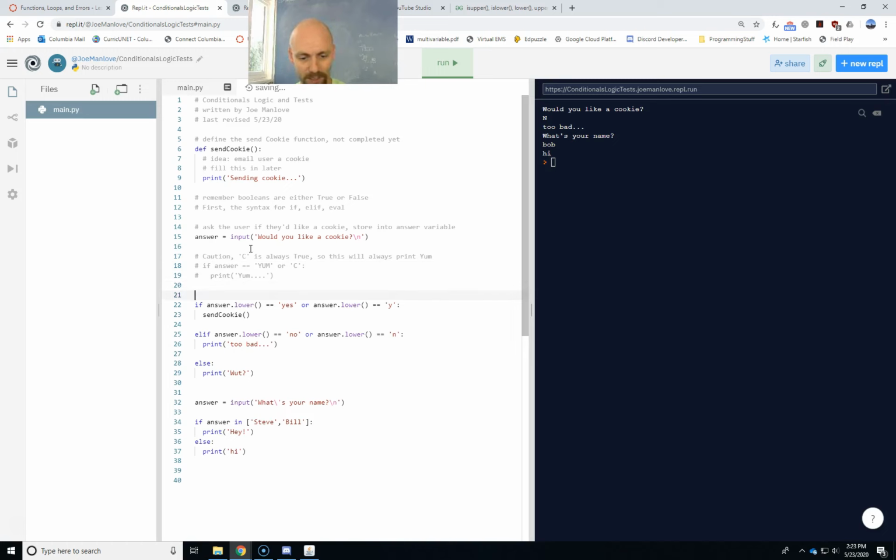Okay, and then for our next one, lower converts to lowercase. Otherwise I don't really think this line needs a comment, right? Because this is saying if the answer is yes or the answer is why. Like, dude, that doesn't need a comment. Then we'll send a cookie. That also doesn't need a comment. Like, if you want to say you're calling the send cookie function on nothing, I don't think you probably need